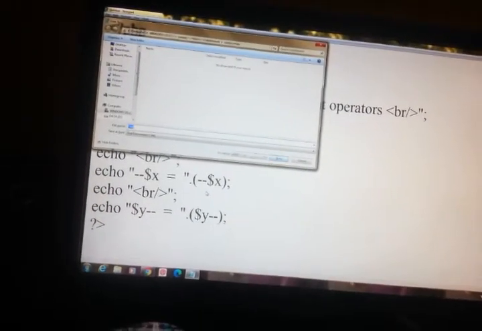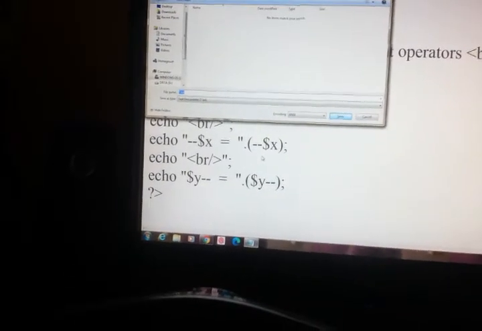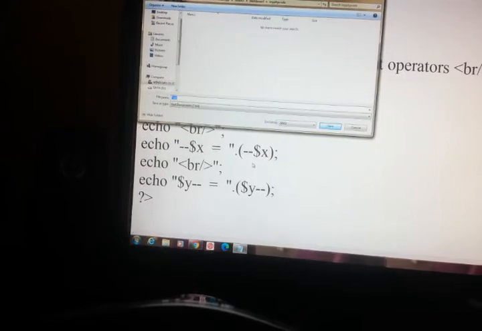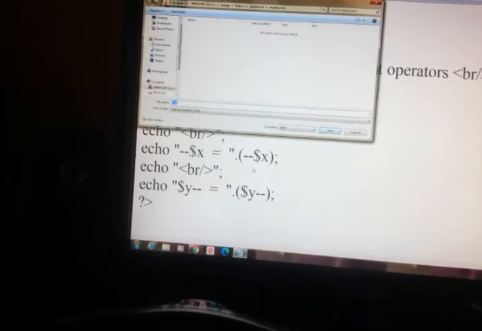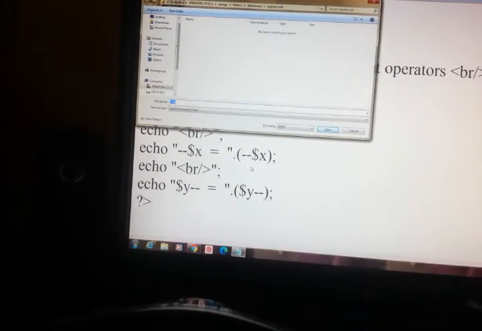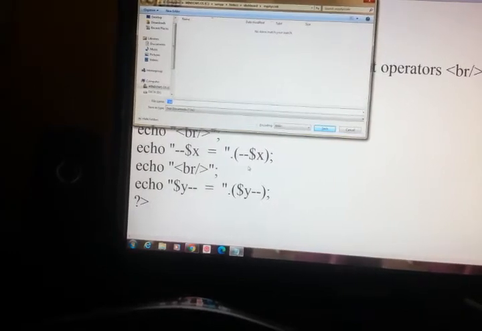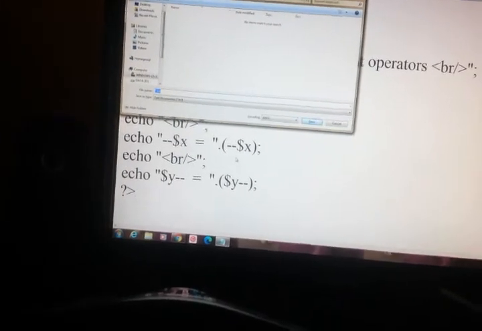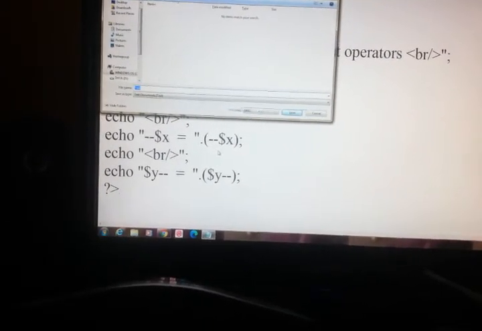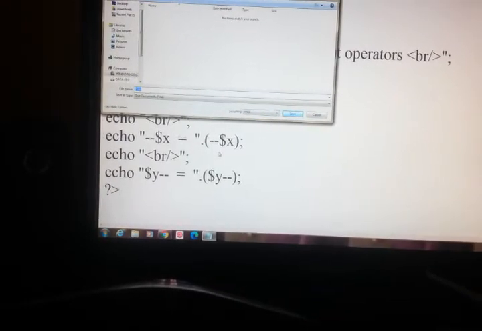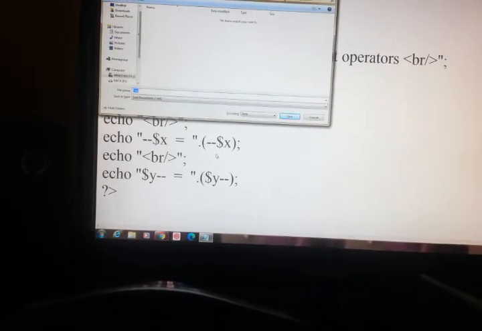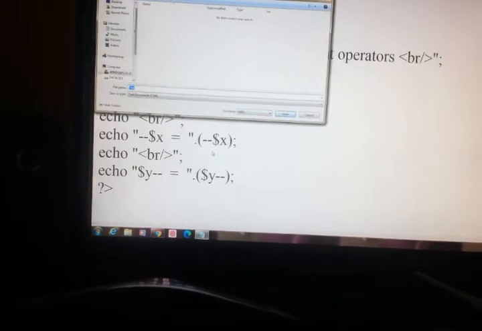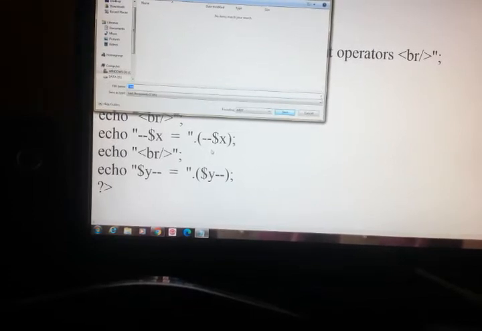So where do we have to save? As I am using XAMPP here, XAMPP is installed in C drive. So you will see a folder called XAMPP in C drive. In that you have to open the XAMPP folder. When you open it, you will see multiple folders. Among that you have to select htdocs. When you open that htdocs folder, you will see a few folders.